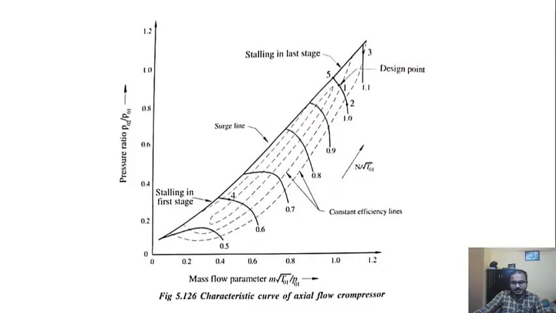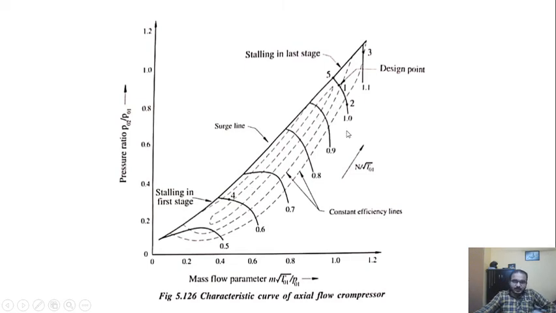On the y-axis there is a pressure rise. So here, as I told you, this is the surge line. Now you might be confused as to why so many curves are present. All these curves that you are observing are for different RPMs. So we are having a speed parameter here, which is N divided by square root of T01. You can see the speed parameter keeps on increasing as we move upward towards the right.